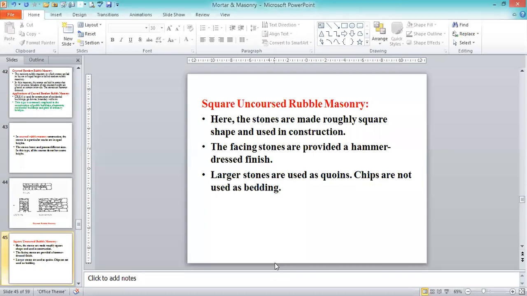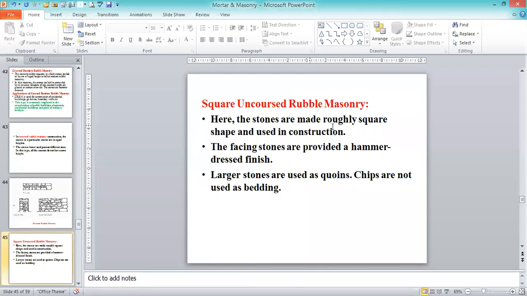One is random rubble masonry, the other one is going to be called square rubble masonry, and the third one is called dry rubble masonry. So already we discussed the random rubble masonry, RRM. Now we come to the square rubble masonry, in that the uncoursed one. Uncoursed one means the sizes will be different. Size is going to be different and thickness is going to be different. More number of joints will be required. That is why we call it the uncoursed one.